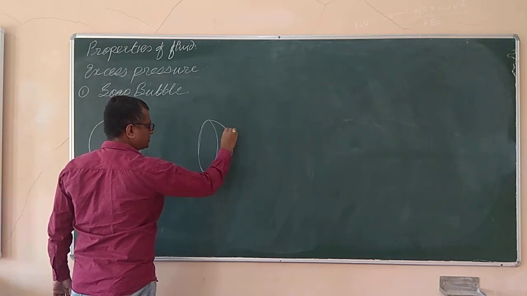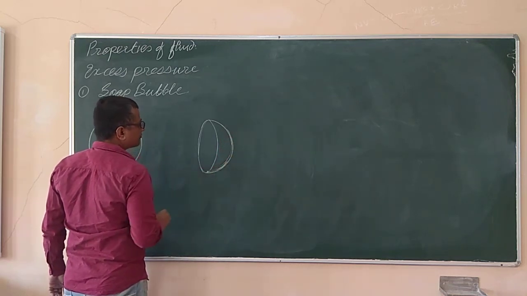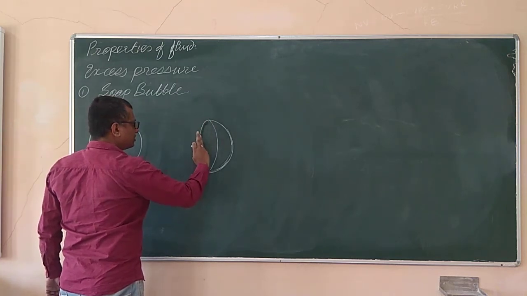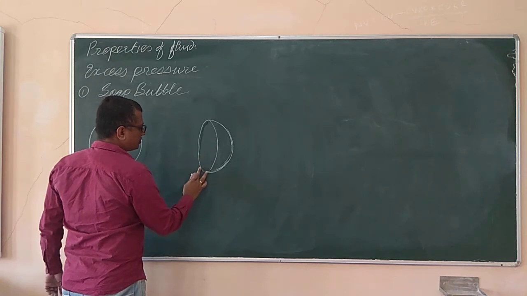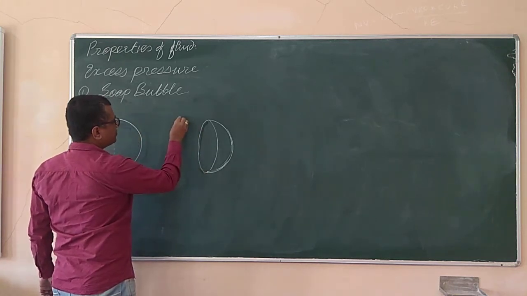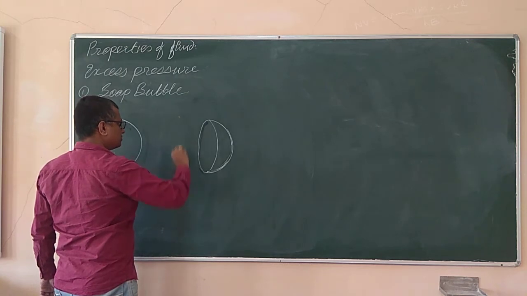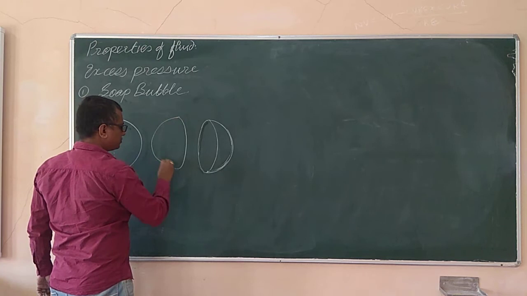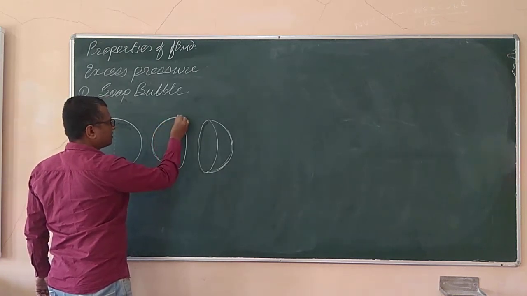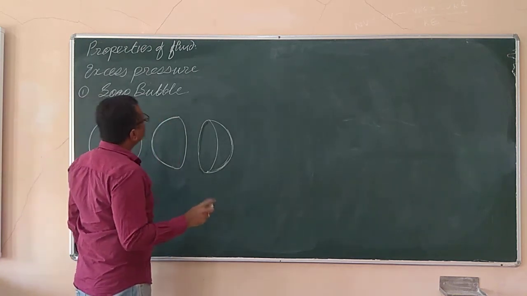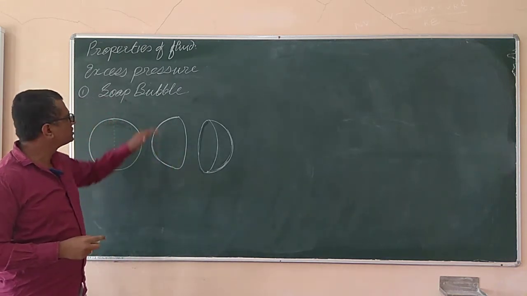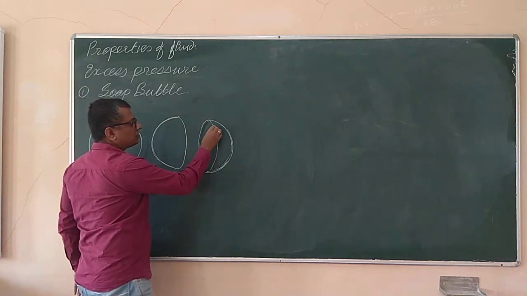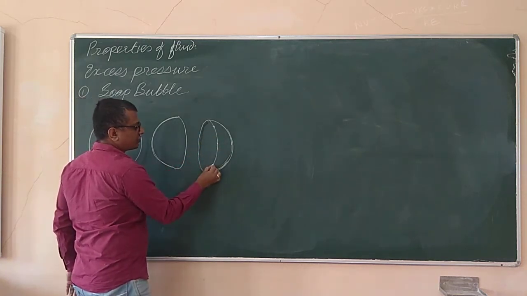Two hemispheres like this. Now out of which one hemisphere I have shown over here, and the second hemisphere will be over here. Now in the previous case of liquid droplet, or say the air bubble, we have seen there were some forces acting on the molecules of this periphery over here.